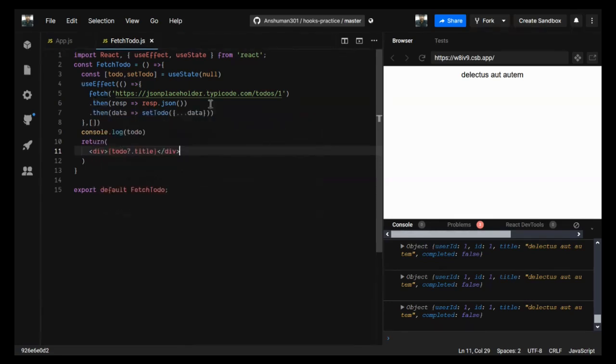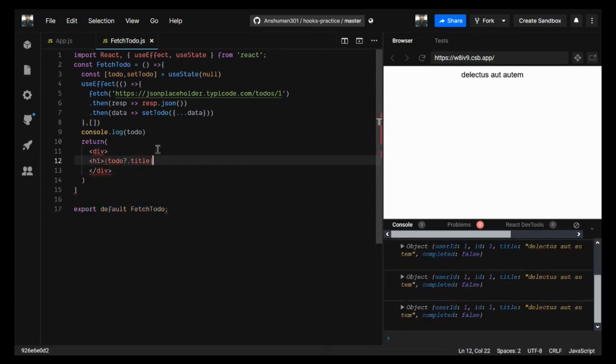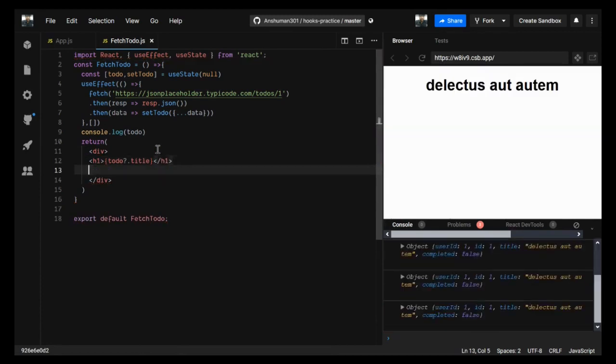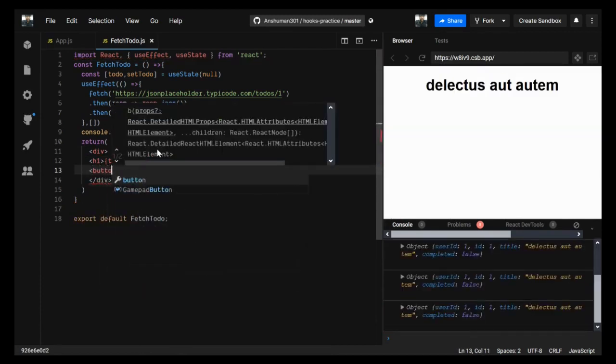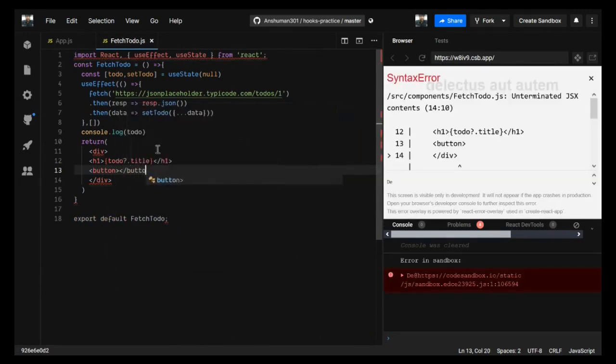What do I mean by this? So for checking what I mean by that, I'm going to create one button here. For that, I'm going to give an h1 tag in here and just close it, and create a button in here and give it